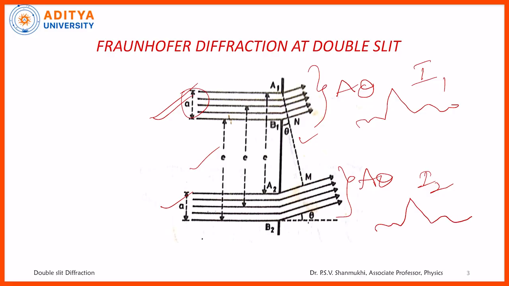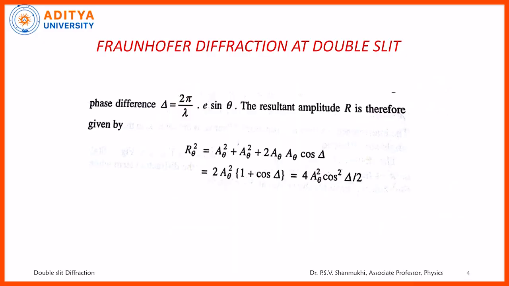The two diffraction patterns will superimpose and finally they will produce one pattern, that is what we are going to discuss now. Indirectly we can say one thing, interference of the diffraction patterns will give us the final diffraction pattern. The two diffracted waves are superimposing and interfering, and finally they will produce one diffraction pattern. So that is what we are going to discuss now.